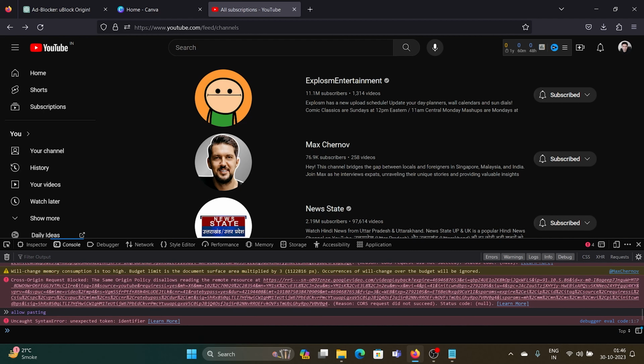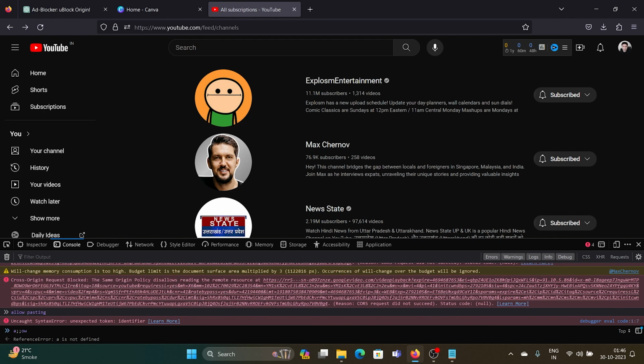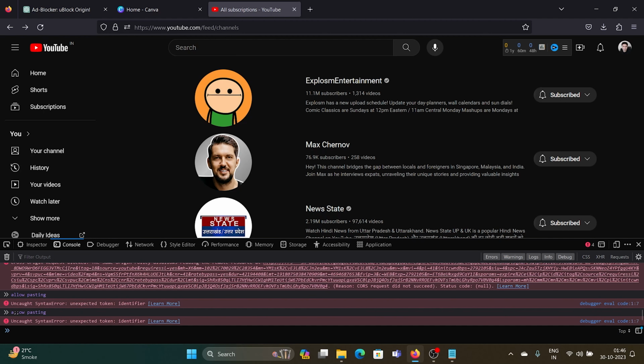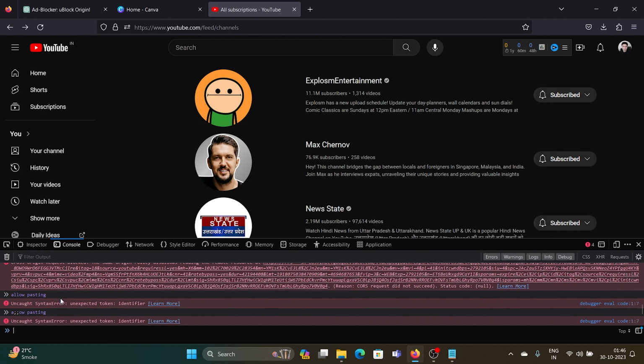Hit enter. Then type again "allow pasting". Hit enter once again. After you have typed it twice and hit enter, paste the script, hit enter, and you